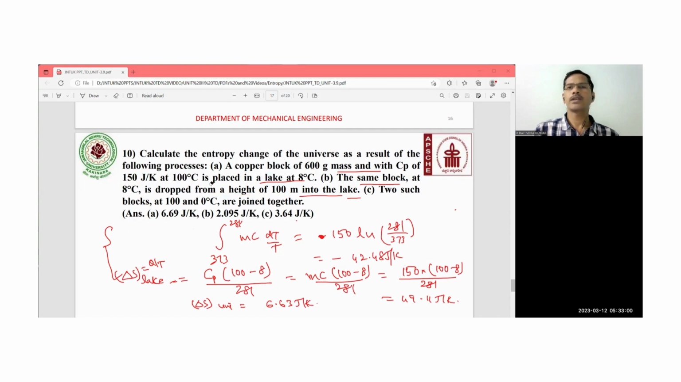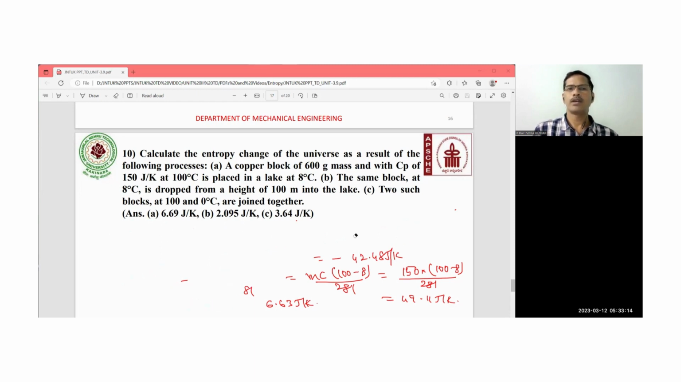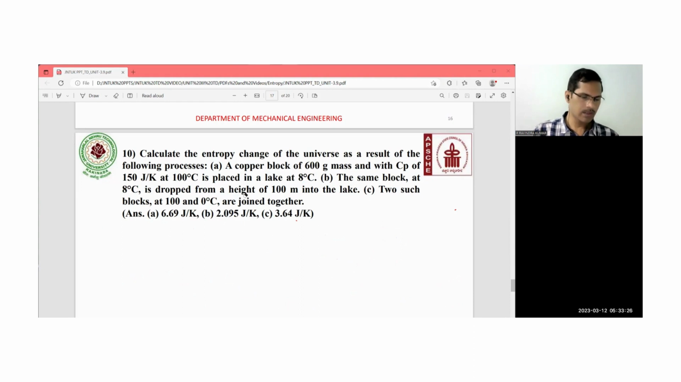What is the second case? The same copper block is dropped from a height of 100 meters. So the potential energy is going to come into this picture. That is in this particular case. So in the second bit,